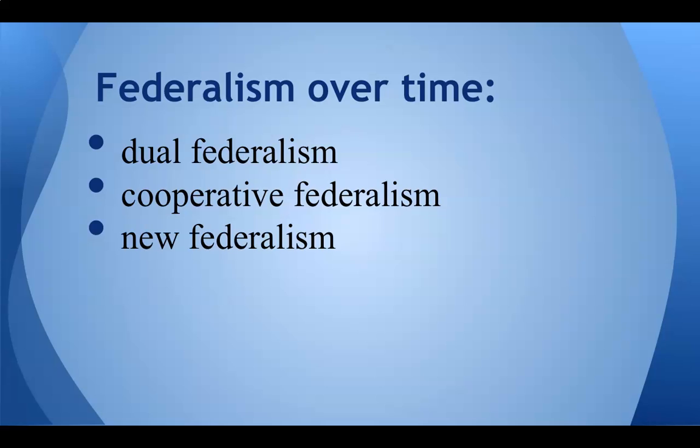But in the 1930s, under Franklin Delano Roosevelt, we had the New Deal program, and the national government wanted to get people back to work and wanted to decrease unemployment. And so what FDR would propose is that Congress would start these national projects like the WPA, and then they would put people to work in the states, and they would give the states the money and the states would actually carry out the projects. And so it was a national government, state government partnership. And so this separate spheres thing ended, and now there was a blurring of lines between the national government and the state government. This period continues until about the Nixon administration in the 1970s, where we start to have the